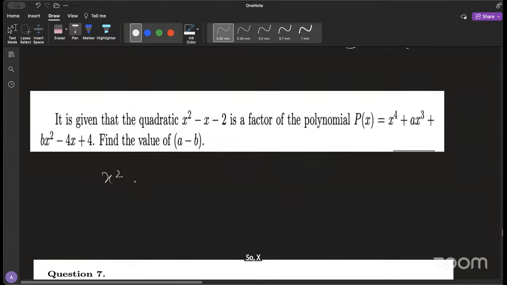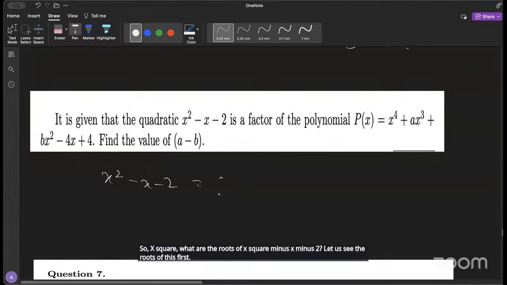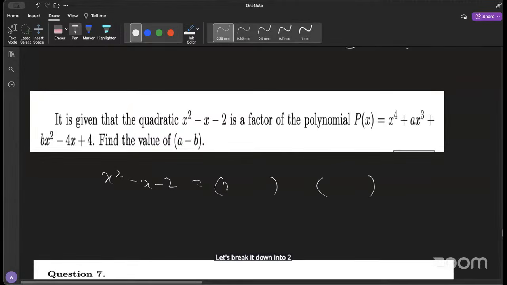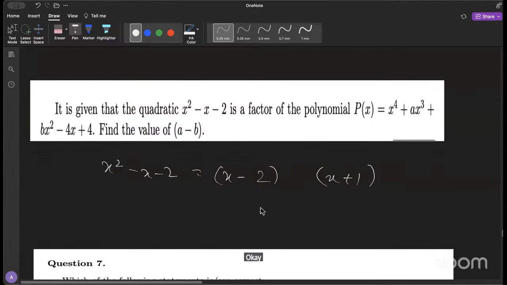So what are the roots of x squared minus x minus 2? Let's see the roots of this first. Let's break it down into two linear factors. The roots are 2 and -1. So (x - 2) and (x + 1). This is it, right? Yes. Okay, it's this. So these are going to be your factors, and this says that